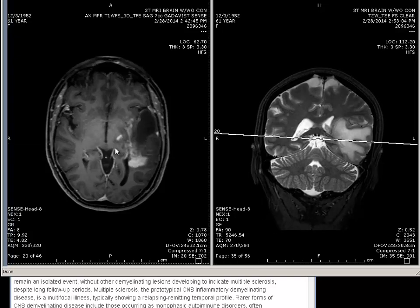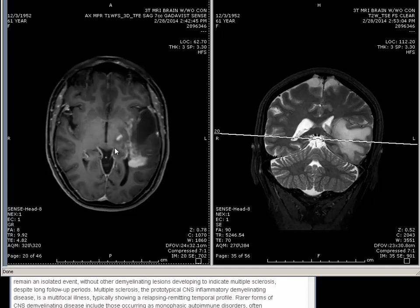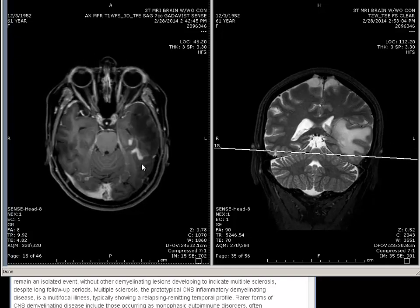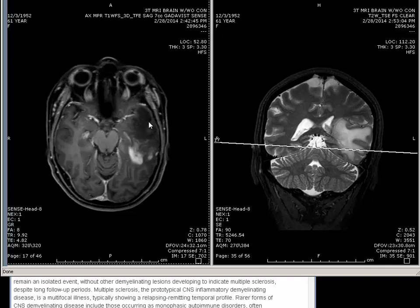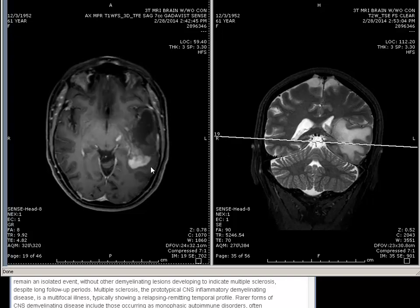But anyway, for this patient, I suspect a primary brain cancer such as GBM. Usually the enhancing portion is the higher grade portion of the tumor. So if they want to biopsy this tumor, they had better biopsy the area of contrast enhancement instead of the non-enhancing portion. So I recommended biopsy here, and they did it, and it turned out to be a surprise diagnosis,